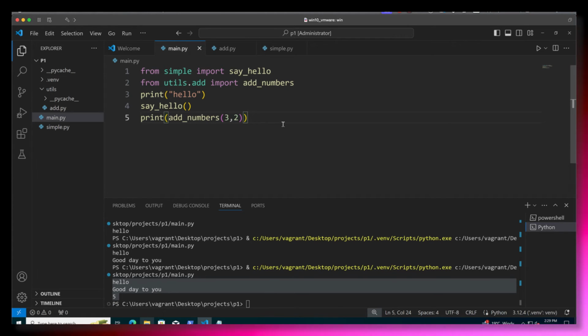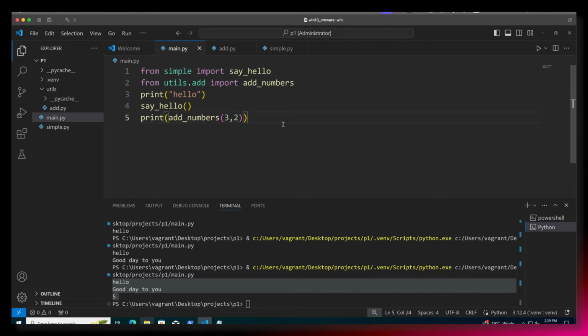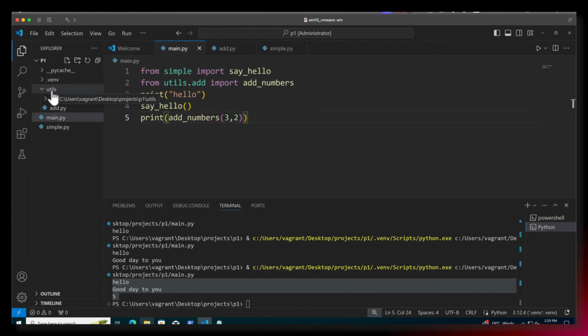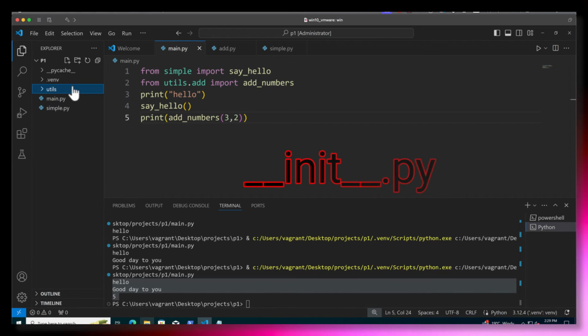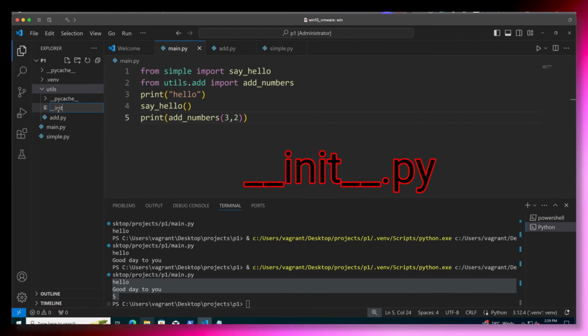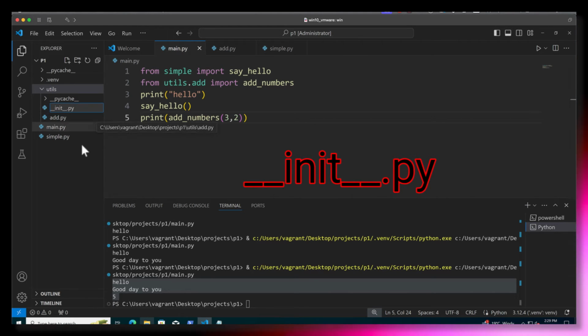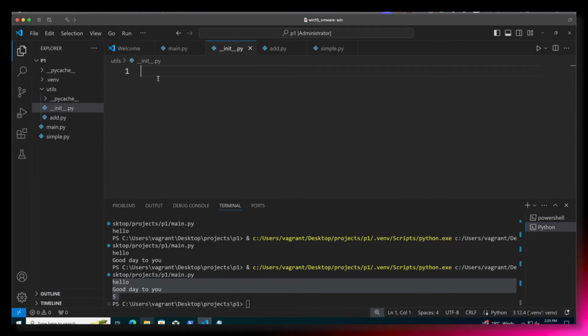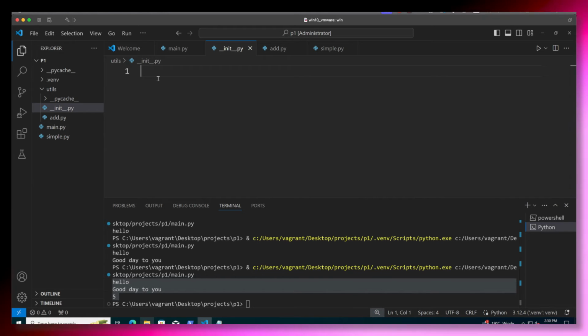But very often, when you import a module, you're accessing the resource directly. And that would be done by making the utils directory appear as a Python file, a module itself. If I go through to utils, and I'm going to create myself a new Python file, but this file has to have a very special name. So dunder init.py. That's double underscore init double underscore dot py. The dunder init file. It's the dunder init file that makes the directory appear as a module itself.